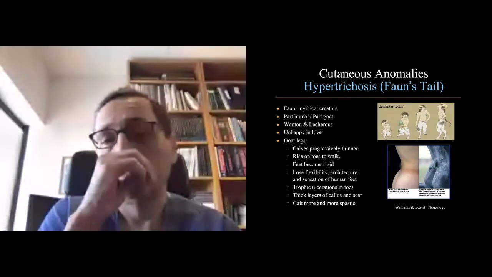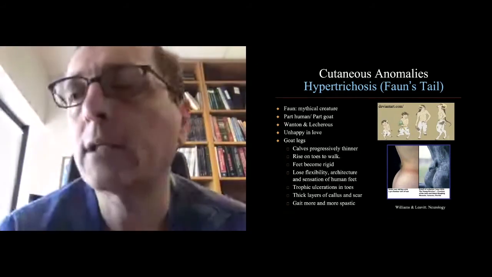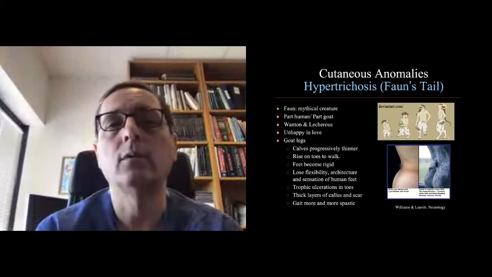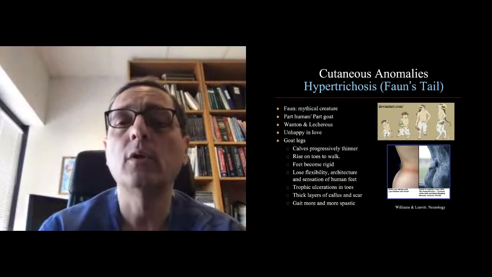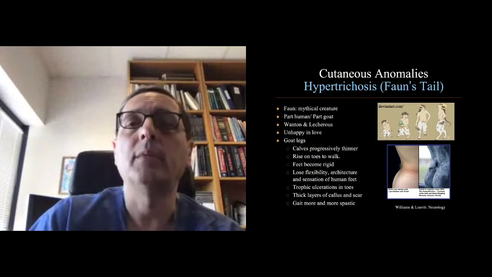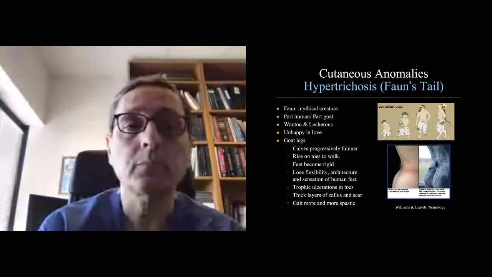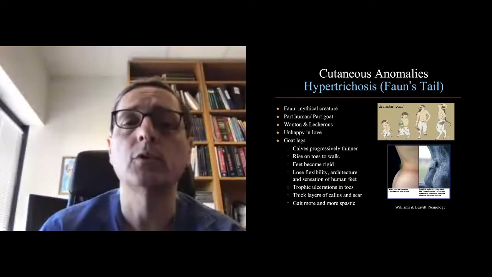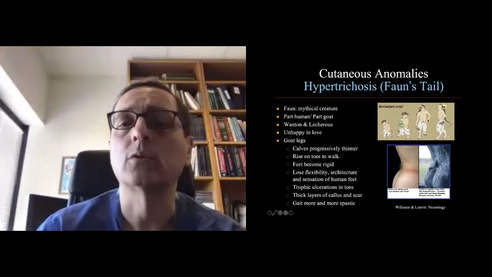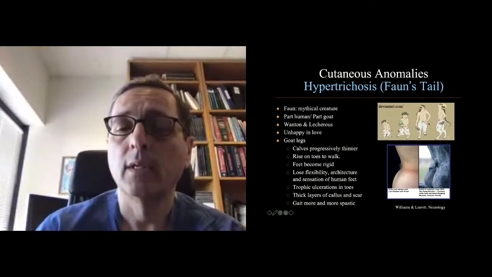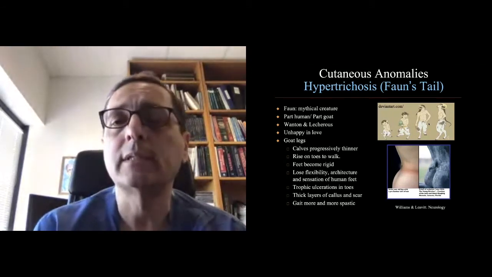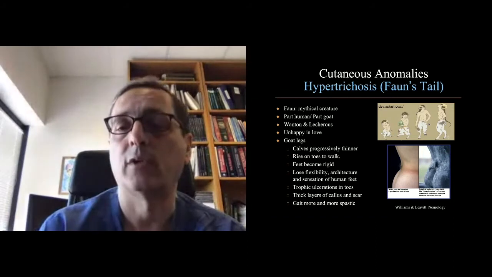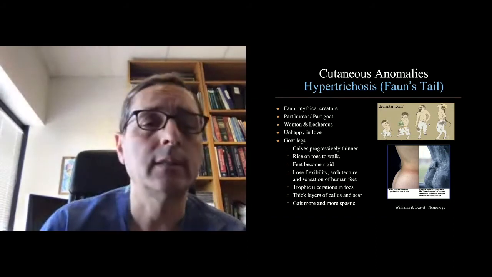Okay, so the tuft of hair is actually something that people have known about for hundreds of years. And in fact, when you look at a mythical creature, Faun, which is a mythical creature that's supposed to be part human, part goat. So the upper body is human, the lower body is goat. One of the pediatricians at our institution went out and actually studied what people knew about Faun. And what he realized is this,